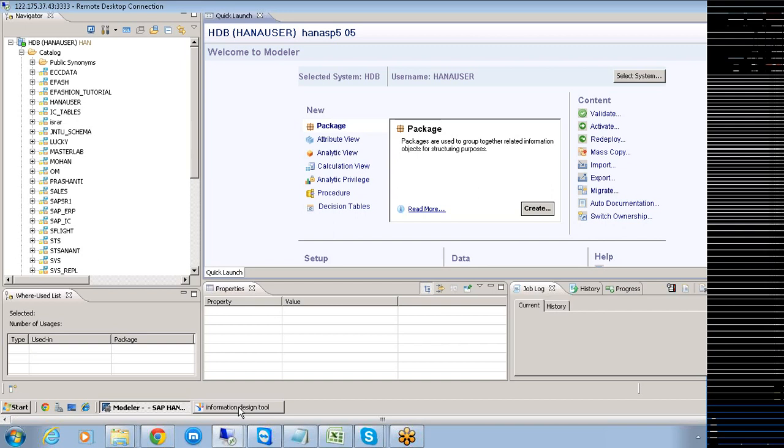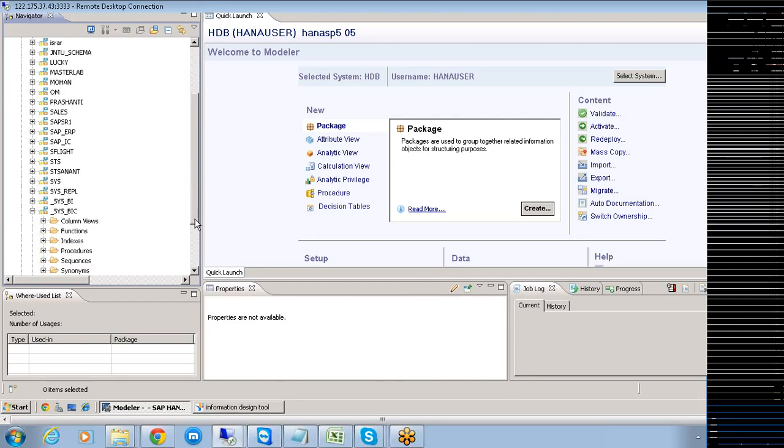The views. It is basically used to create the views based on the physical tables stored in this HANA database. Okay, this is the way we can do this. Either you can do this here, or you can also have the option of creating the modeling views within this content folder also. This is the second thing.